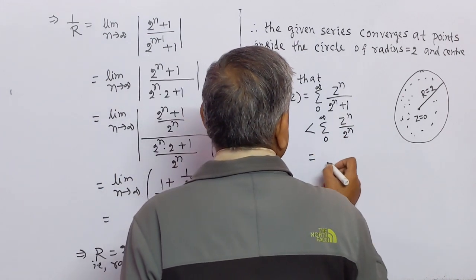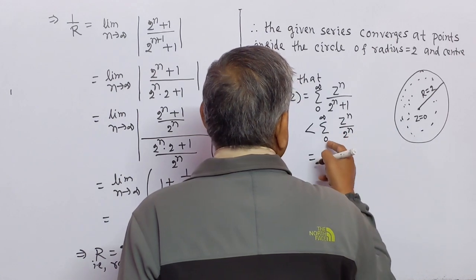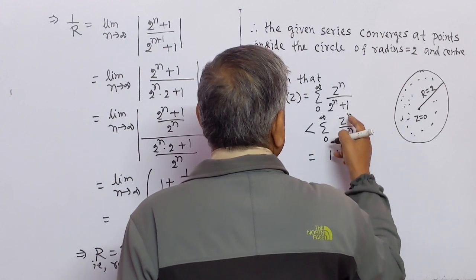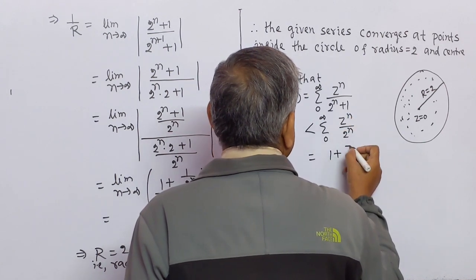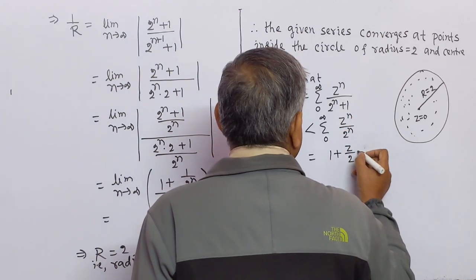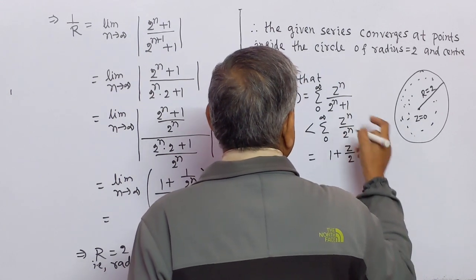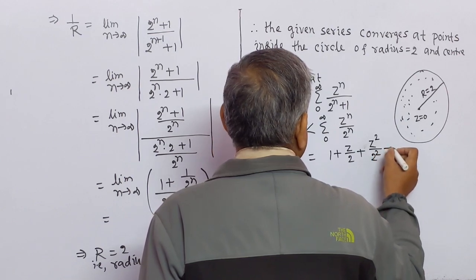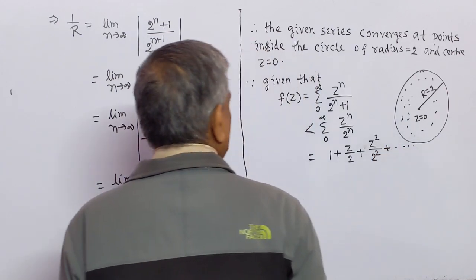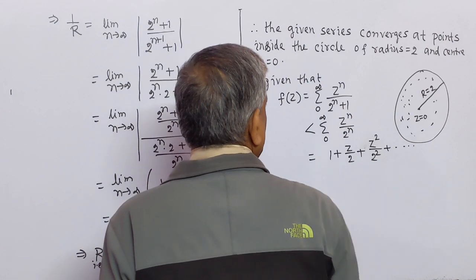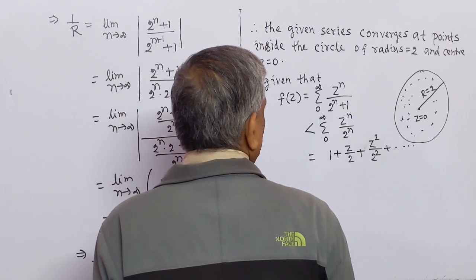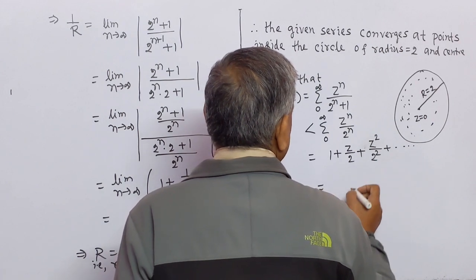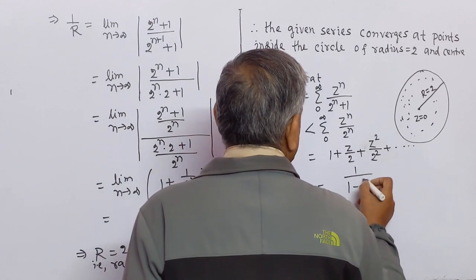This is equal to, if n equal to 0, then 1 plus n equal to 1, then z by 2 plus n equal to 2, then z square by 2 square and so on. This series is in GP with common ratio z by 2. So this will be equal to 1 by 1 minus z by 2,